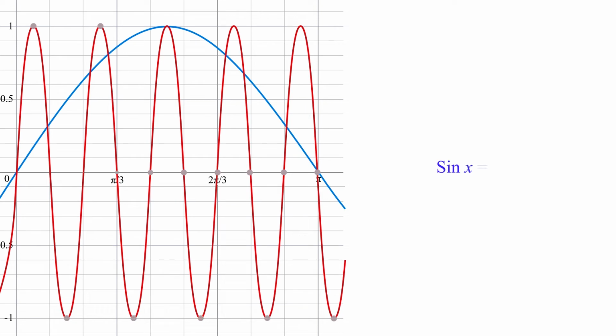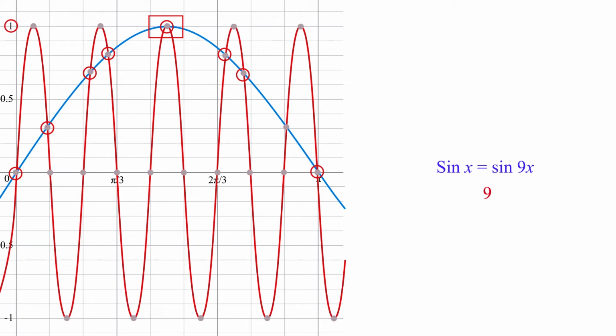This is the next one. The sine of x is equal to the sine of 9x. And the number of intersection points here: 1, 2, 3, 4, 5, 6, 7, 8, 9. And why is it 9? Usually it's one more than the n value. Why? Because again, we have that point where both of these graphs have a value of 1 in the very